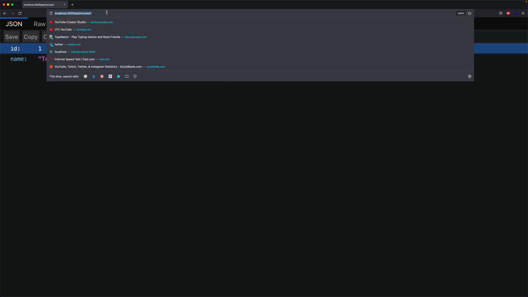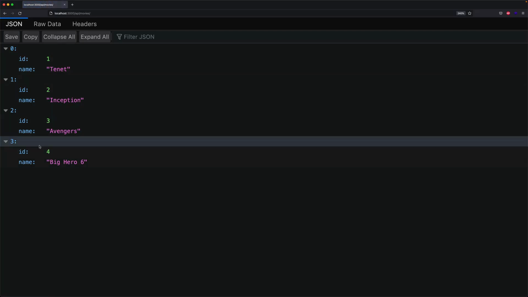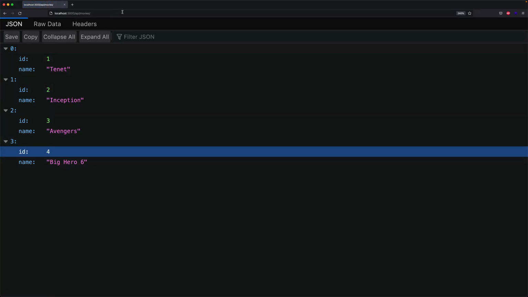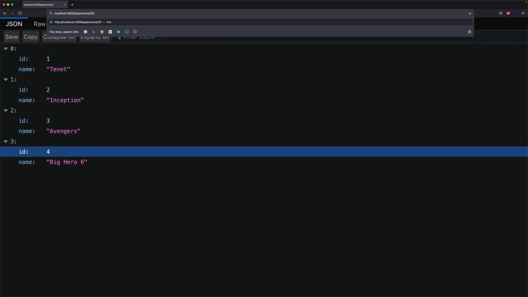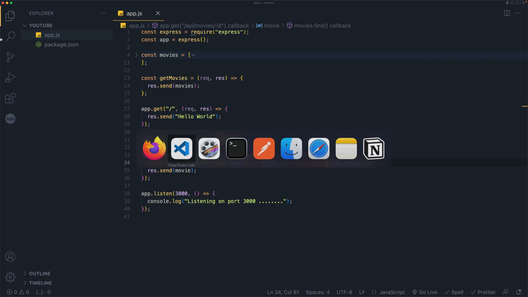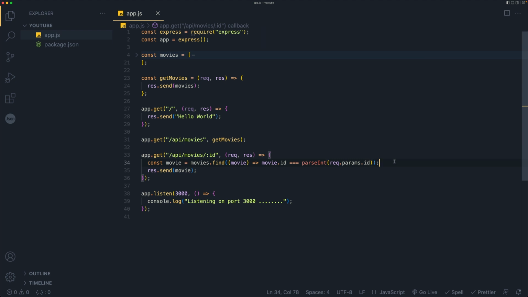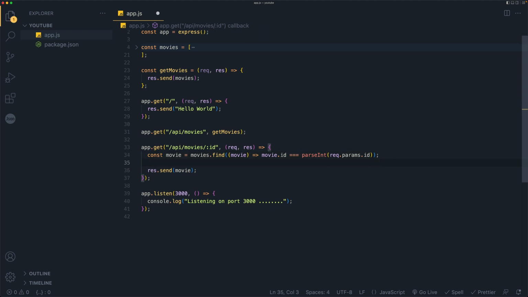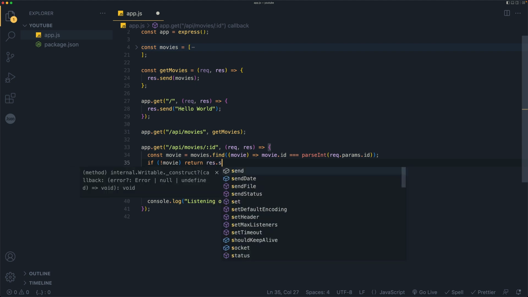But what happens if I pass in, so if you notice here, we only have ID 4, right? We only go till ID 4. What if I pass in 33? We don't see anything, which is not really useful for somebody who is consuming your API. So instead of this, what you want to do is return 404, right? Basically resource not found. So we can check for that and just say if movie does not exist, return res.status,